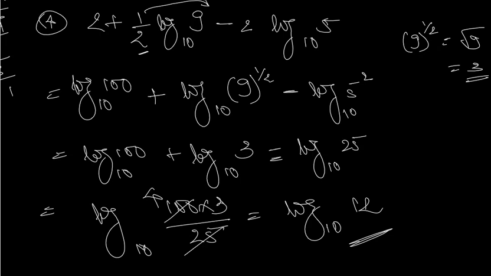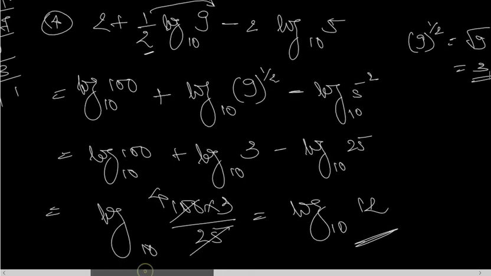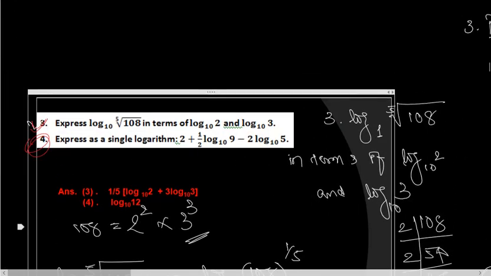That's the final answer. So you remember that I converted log a to the base m plus log b to the base m into log of a into b to the base 10. And because there was a subtraction sign, I converted the number after subtraction using the quotient law, and put it into the denominator as a division. So that's how you combine a logarithmic expression. You keep it as a logarithmic expression, but you combine it. So you've done question number 3 and 4 over here.